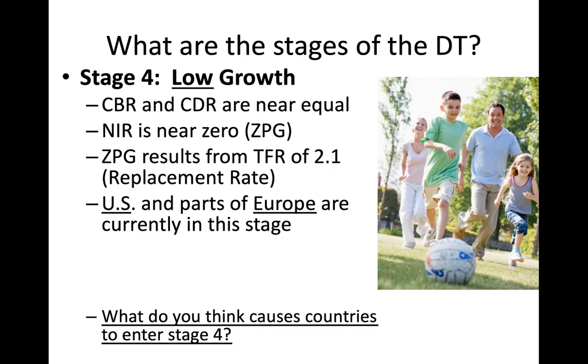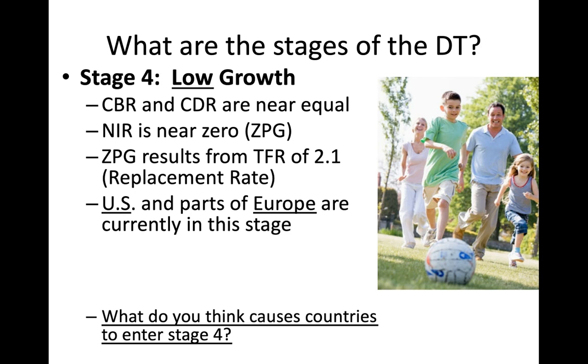The last stage of the demographic transition model is stage 4. Stage 4 is a period of low population growth. In stage 4, your crude birth rate and your crude death rate are near equal. Your natural increase rate is near 0, or zero